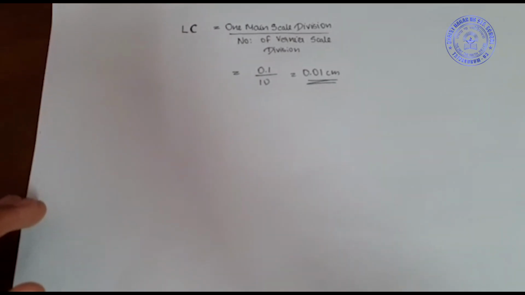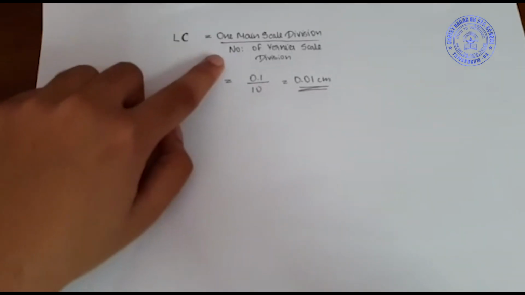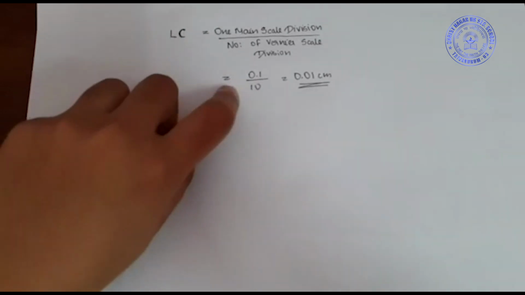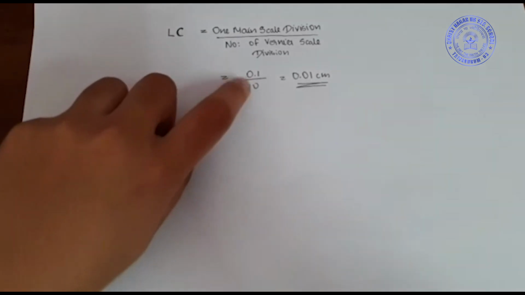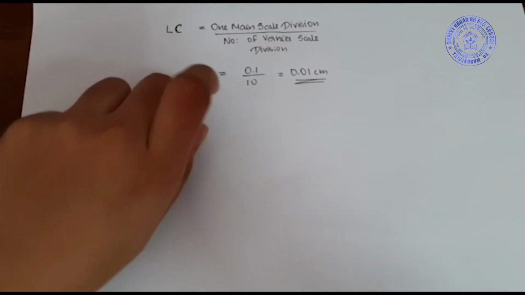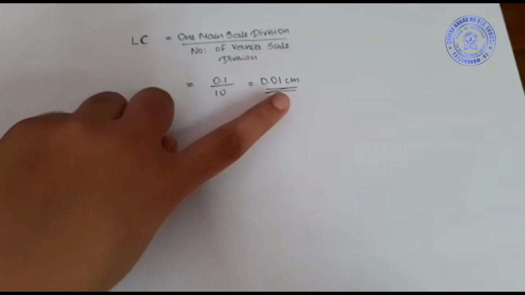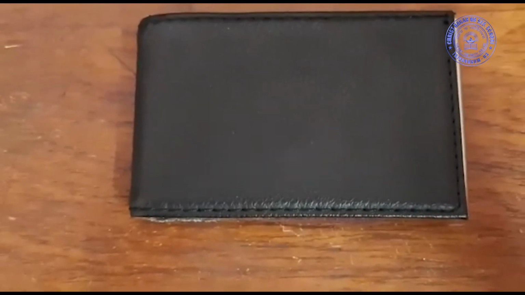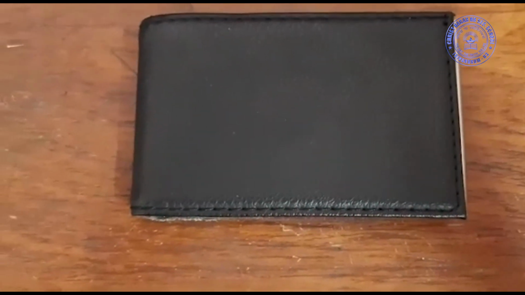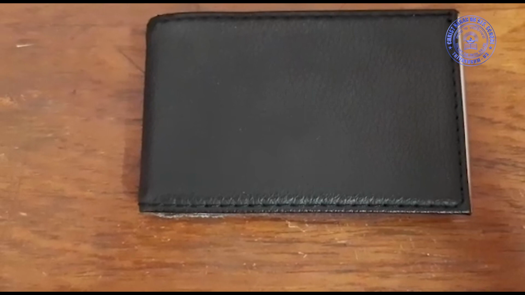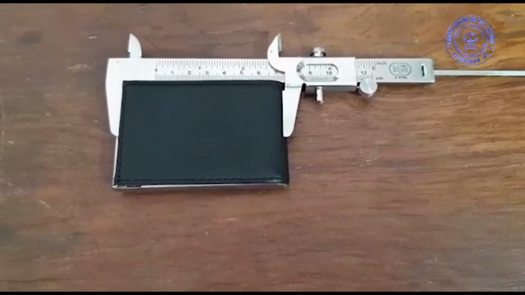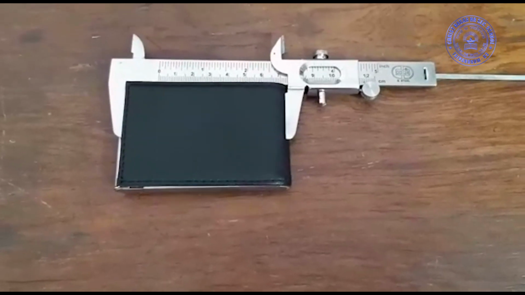Next is to find the least count of the vernier calipers. The formula of LC is equal to 1 main scale division divided by the number of vernier scale divisions, which is equal to 0.1 divided by 10, which is equal to 0.01 centimeter. Now, I am going to measure the length, breadth and thickness of this rectangular block using vernier calipers and find its volume. To measure the length, the rectangular block is to be held like this between the jaws of the